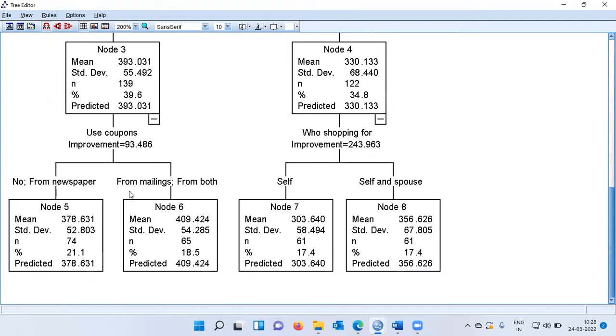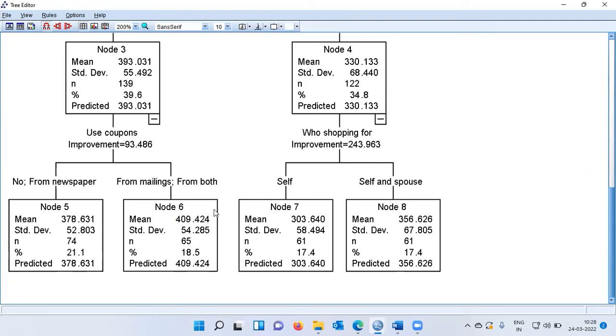What happens when you use coupons from mailings, or coupons from mailings as well as newspapers? The average spend is $410, which is better than $400. And therefore, node 6 is also very, very important because this represents the profile of those customers who are big